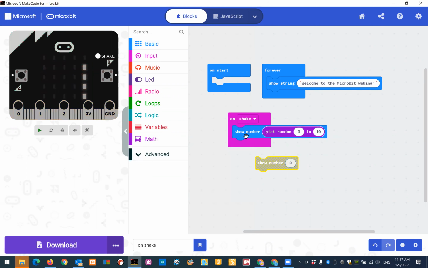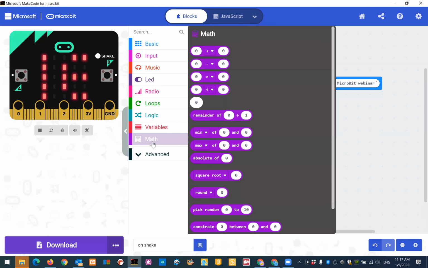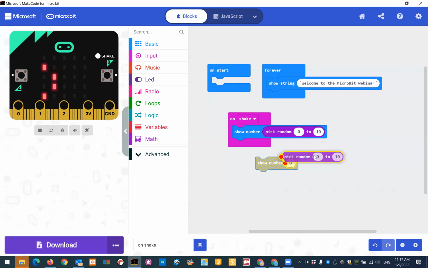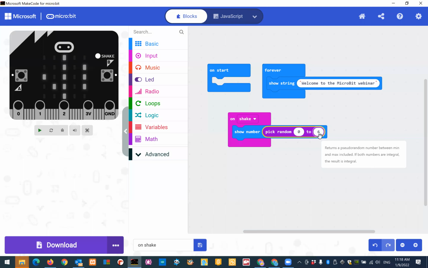As you can see, it's the same. And from the category math, I select the block pick number from 0 to 10. Of course, you can change the value. I mean, you can place it from 0 to 6. Okay, and once done,